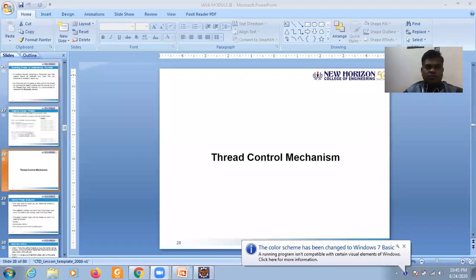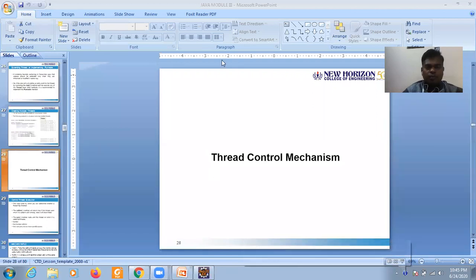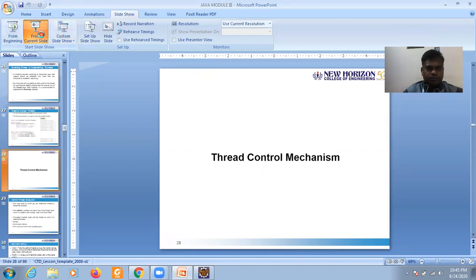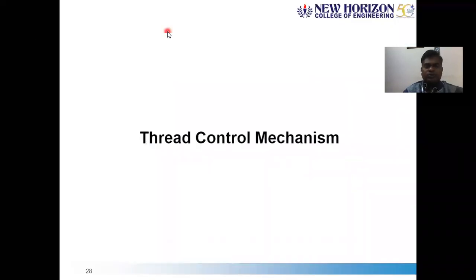I will try to share the screen, and I will try to illustrate how threads can be controlled. So, thread controlling mechanism.